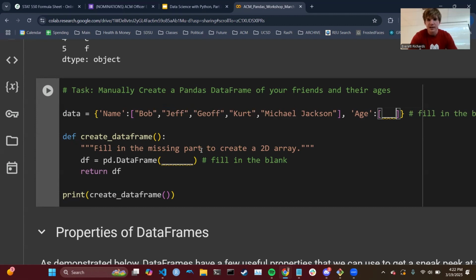And then ages, again, just be creative. Just keep in mind they need to be the same length. You need to have the same number of names as you have ages, or else something's not going to match up. Either you have a name that doesn't have an age, which is a problem, or you have an age that doesn't have a name, which is also a problem. So I have one, two, three, four, five names here. So I'm going to make five ages. Let's say Bob is 25, Jeff is 45, Jeff with the G is 105, Kurt is 21, 22,